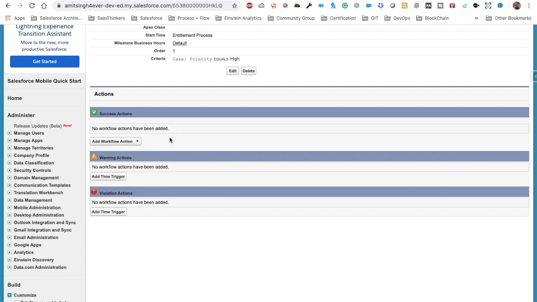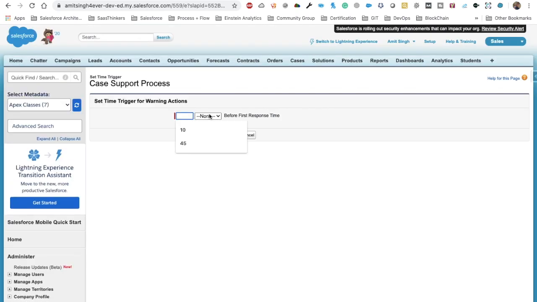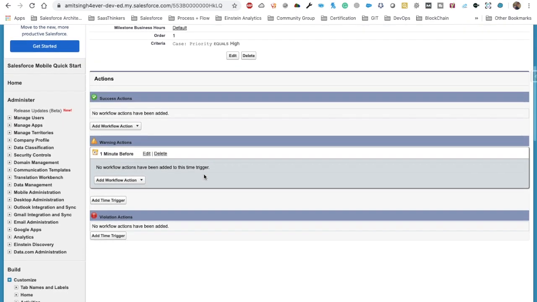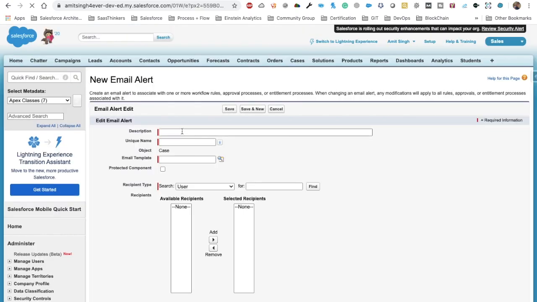And we can even add time triggers. Time triggers means, for the warning actions, we can say 1 minute before the response time. That means 4 minutes have passed and now we want to send an email to our customer. We can send a new email alert, and then send an email.